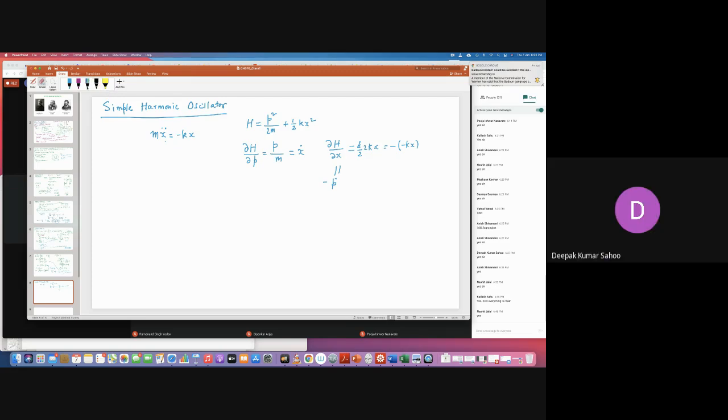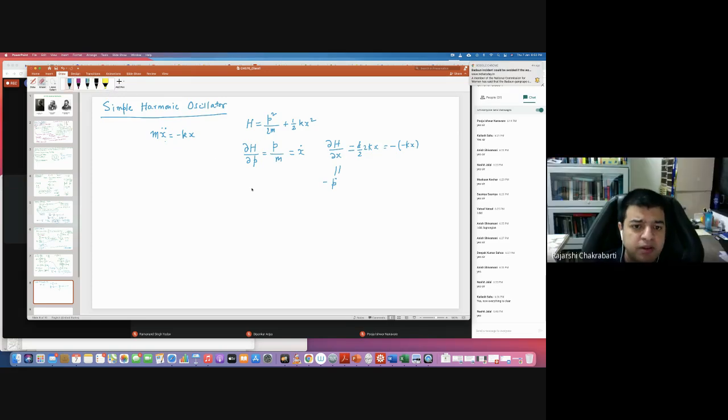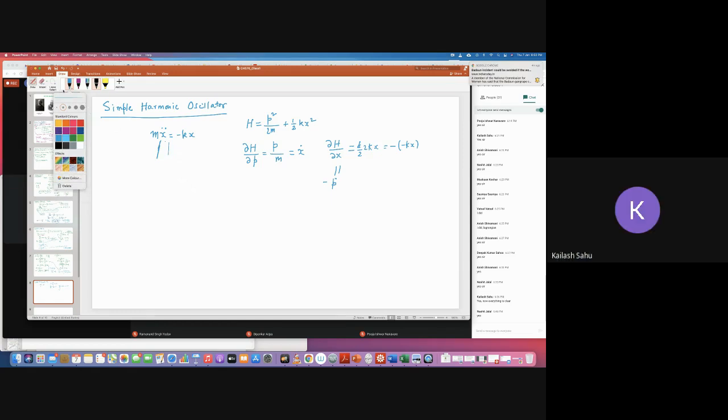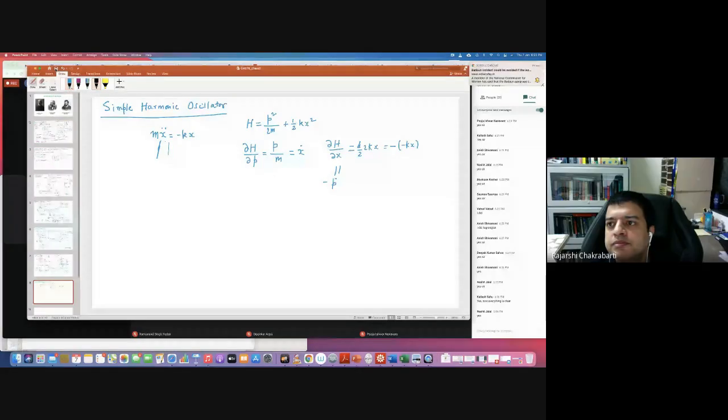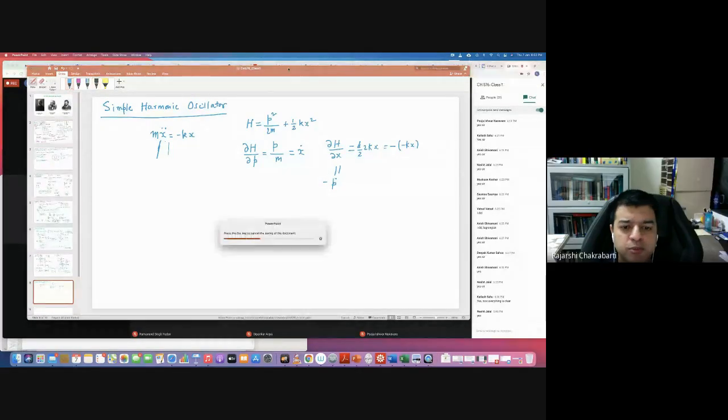Okay, OneNote, that's okay. But I'm saying that mx double dot is your, maybe I'll use it in the next class. Yes, there's a lag actually. It's coming, but there's a lag. See, there's a lag. It is because the file size has become too big. I guess so. I just need 5 more minutes, then I'm done.